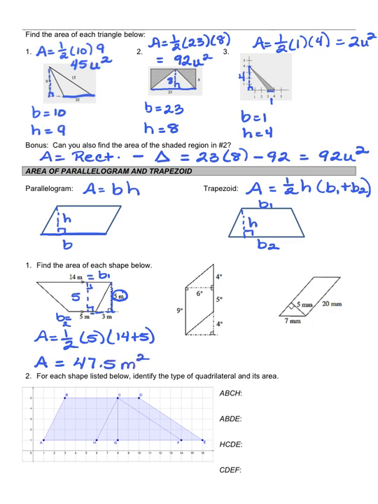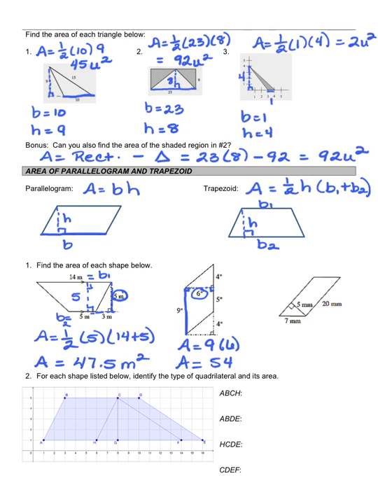In the second problem here, we have a parallelogram, and we need a base and a height. Notice that between the left and the right sides, they have this line drawn in perpendicularly. That's going to be your height. 6 is your height. How long is the side that it's drawn to? 9. So the area here is base times height, which is